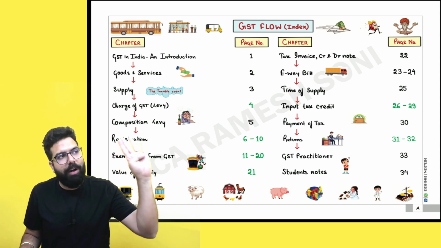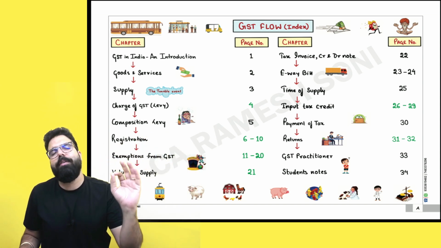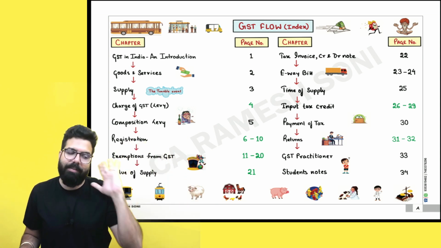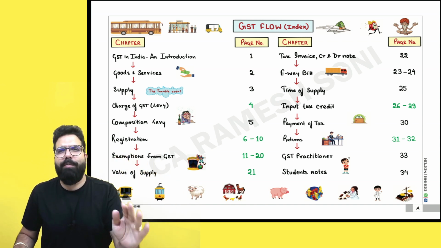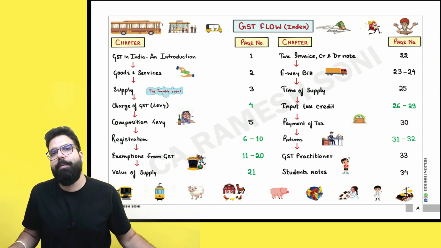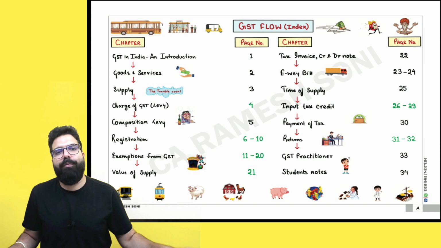So whether you are a student having version 4 or you are a student having version 5 chart book, both the students can very well use the May 23 revisionary. Along with that, just refer to the amendment notes and the amendment video which is there, which is just 1.5 hour, and you will be done with your complete revisionary. I hope I was able to clarify your thoughts or your doubts relating to the revisionary for the November 23.